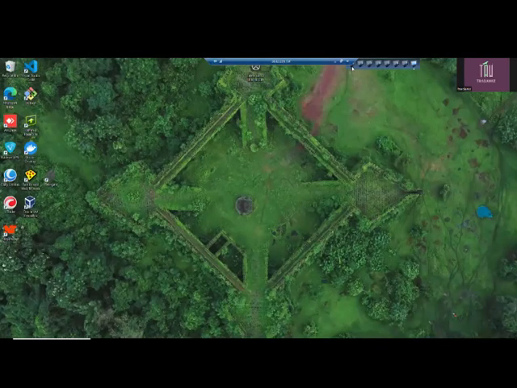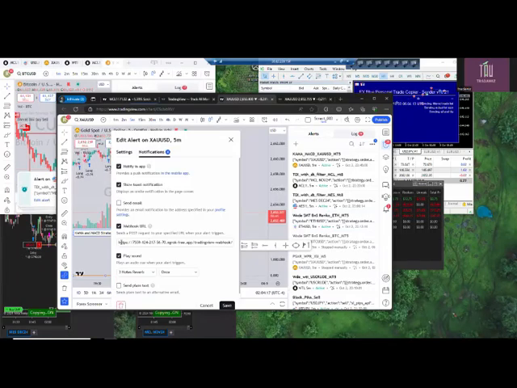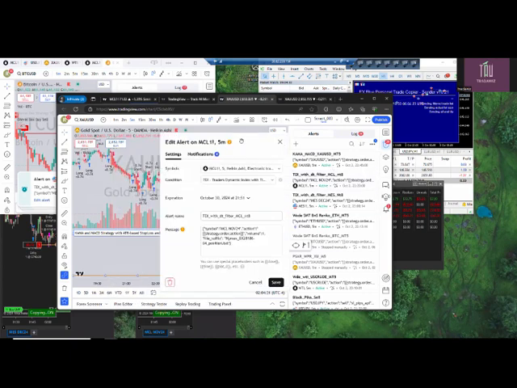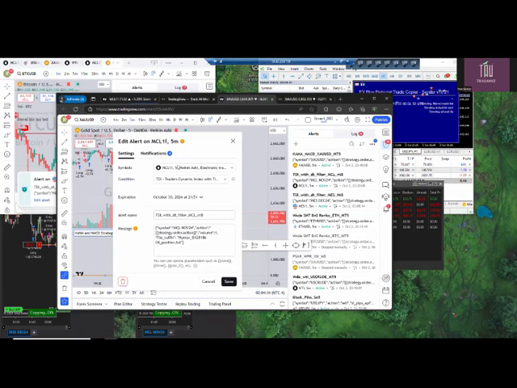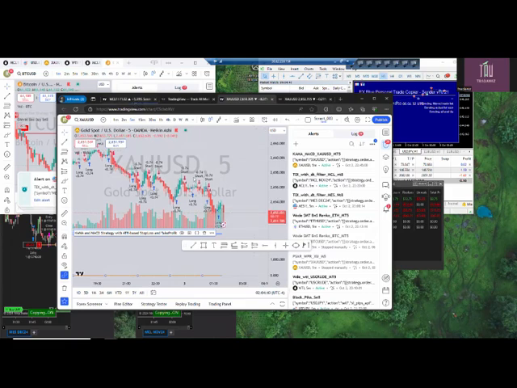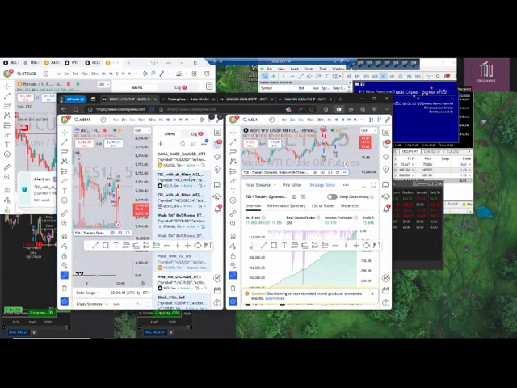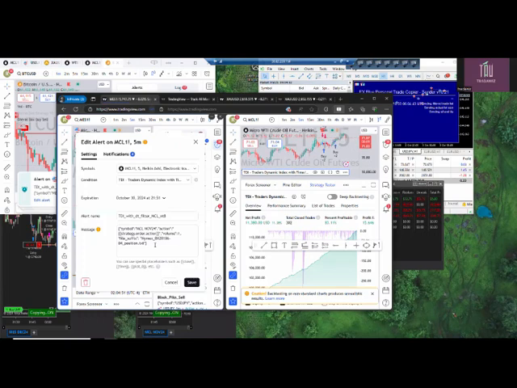So let's see. Okay. So you also have to put your notification here, which is the URL that you saved. As you can see here, if it is MetaTrader 5, there's no /NT8 here. So I'll be giving you an example for the NinjaTrader 8. So for the NinjaTrader 8, this is what you will have. Let me show you one. Let me close this one and go to one of these. So this one is using one of the alerts that they have. You need to click that one.